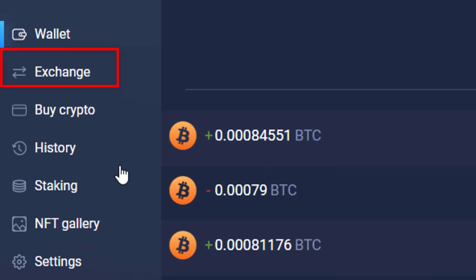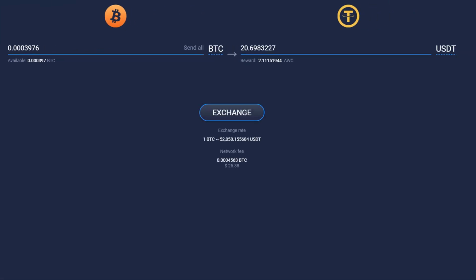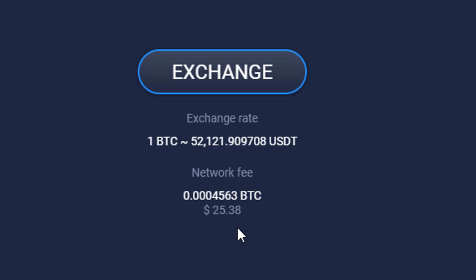You can exchange assets right here. Now, a lot of times, however, Exodus and Atomic Wallet may have a higher minimum that you have to exchange for other assets. So that's why we're going to go back to changenow.io. Plus, there's a very high network fee right now to exchange that Bitcoin with Flare. But let me just show you.